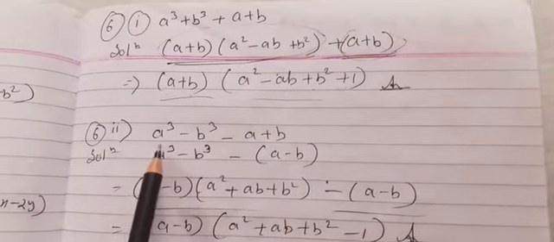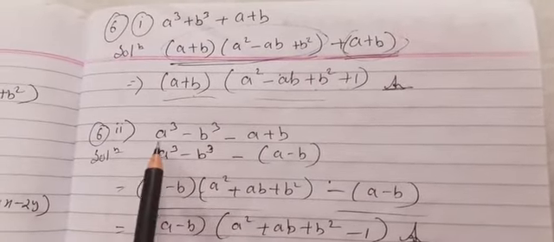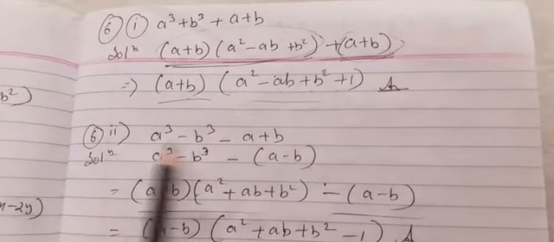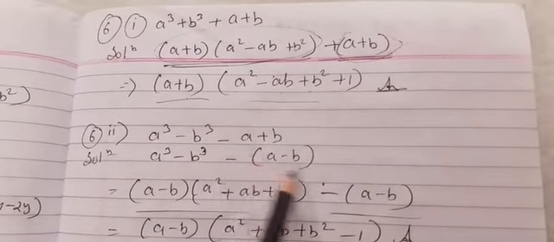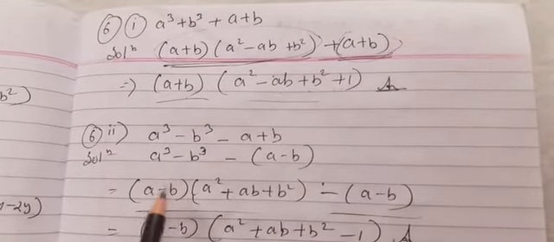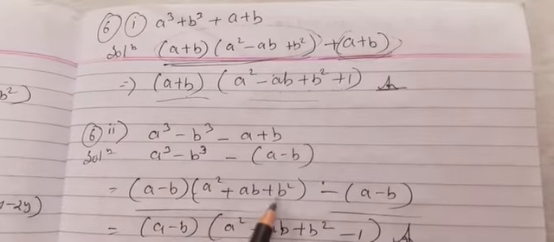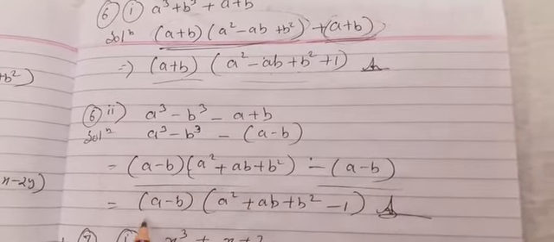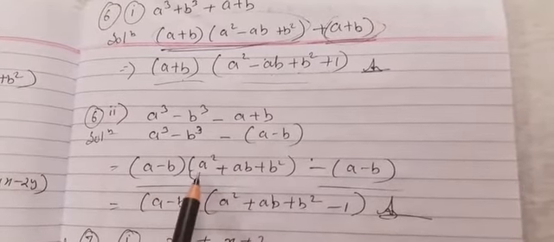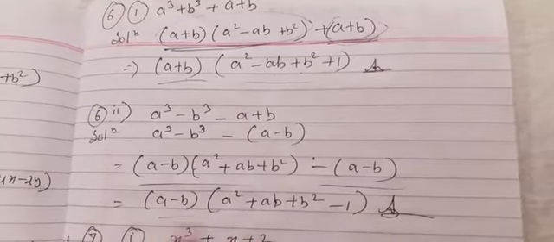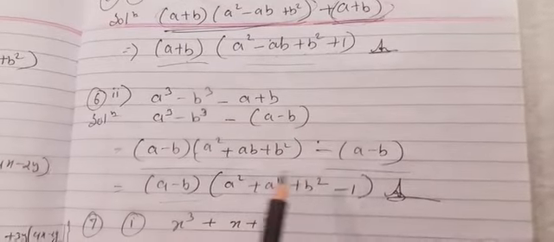Now a similar question is here for a cube minus b cube. See how I have solved. a cube minus b cube minus a plus b. So first of all, what I did, I have tried to convert it into a minus b. So minus I have taken as common, so inside the bracket there is a minus b. Now a cube minus b cube can be written as a minus b into a square plus ab plus b square, and here is also minus a minus b. From both the places we will take a minus b as common. Then here is a square plus ab plus b square, and minus nothing was there, it means minus 1. So these are the two factors of this algebraic expression.